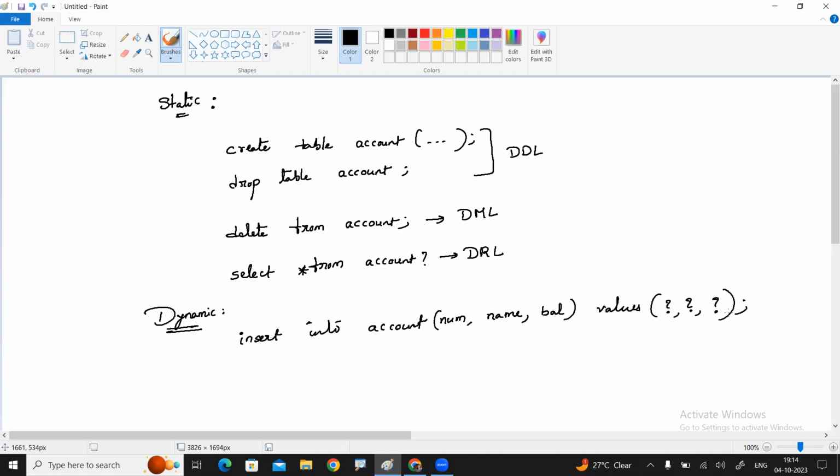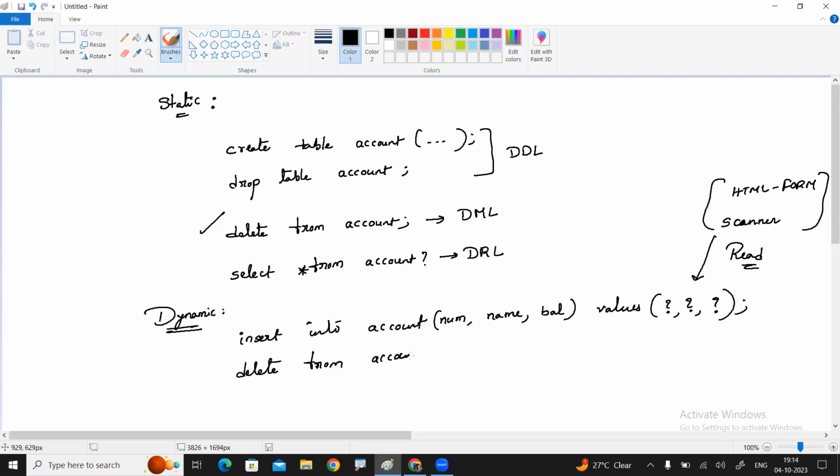We read them either using the scanner class or from an HTML form. We are reading the data from the user. We don't know what they will enter at runtime. Sir, I want to delete. Okay, delete which record? All records means static query. But a particular record means delete from account where account number is given.